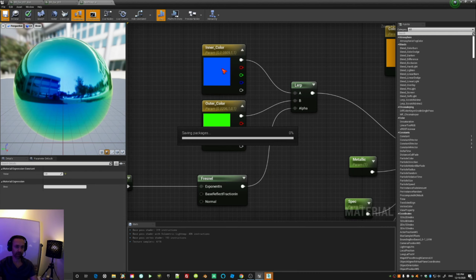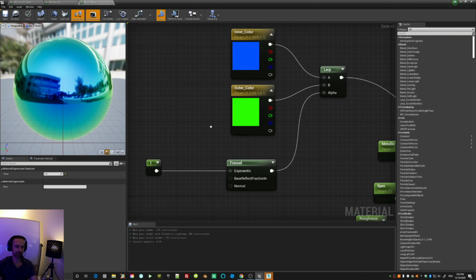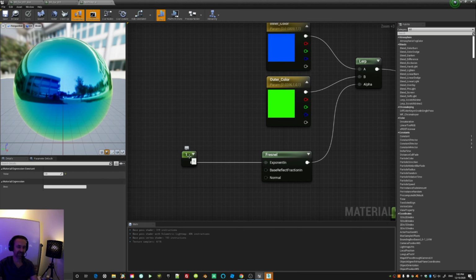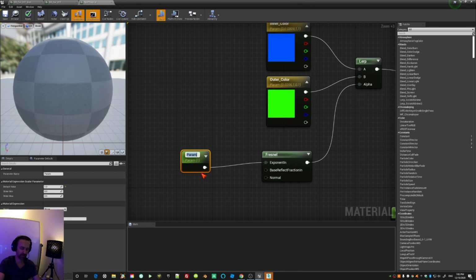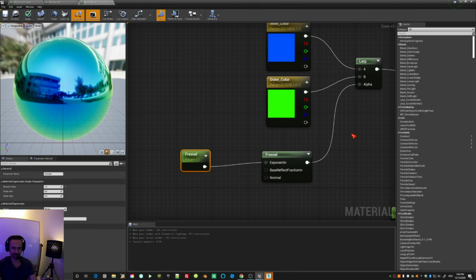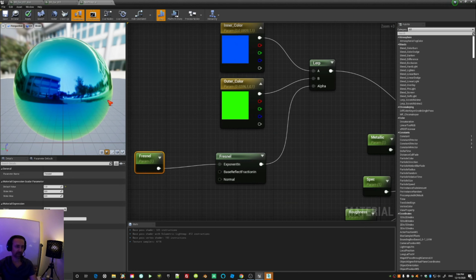The inner color is a parameter, the outer color is a parameter, and we specified also here a Fresnel value. But this Fresnel value is still basically a constant. So you want to change this also to a parameter, and let's call it Fresnel, because this is influencing then our falloff. Now, when we save, click save, and we look now into our viewport, and then we open also our